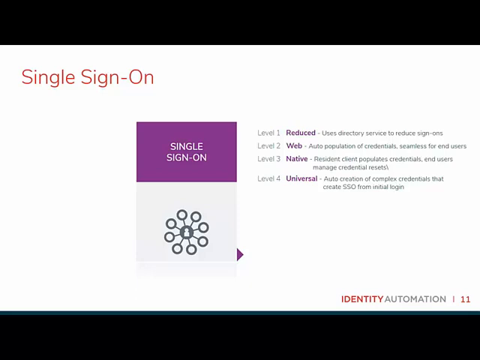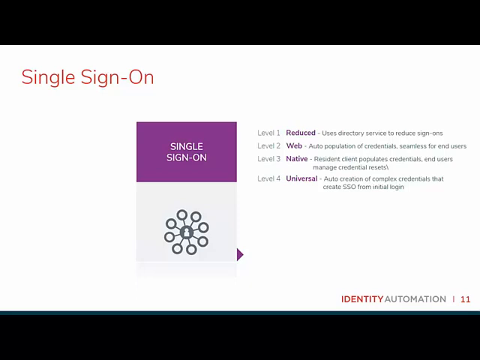Now, I know this isn't really single sign-on, but it does reduce the number of individual user credentials to manage. Now, what we're seeing in the industry is more and more organizations actually getting up to level 2, which we're referring to as single sign-on, right? And this uses federation, as I described earlier, with federation methods like SAML, OAuth, and OpenID Connect.